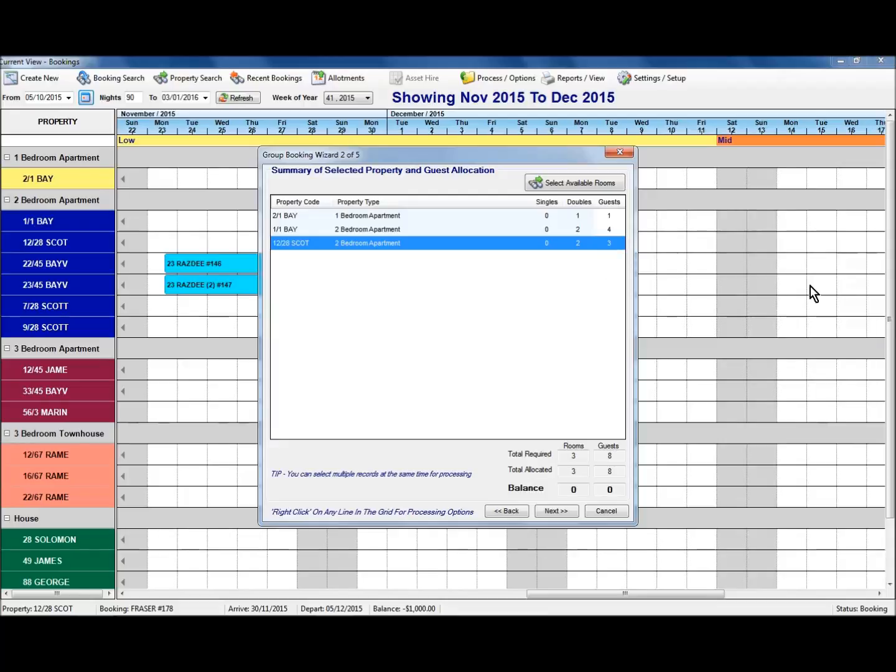And 3 into that one there. So what we then have, by adjusting the number of guests going into the rooms we've selected, we get down to our total required for rooms and guests, and the total allocated now matches each other. From there we can go to the next option,